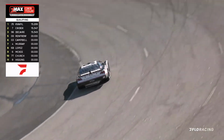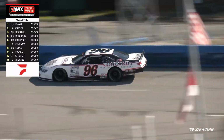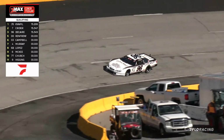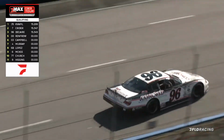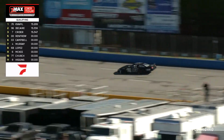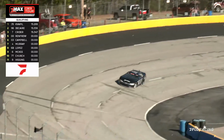So the semifinalists for the 2024 Kaulig Racing Driver Development Program, being a Rev Racing driver, and TJ Decatur, his time is going to clock in for now at a 15.349. Second time by is going to be a little bit quicker for Decatur, 15.338. Is what he's able to get, which, you know, considering he lost it out of the pit road, not too